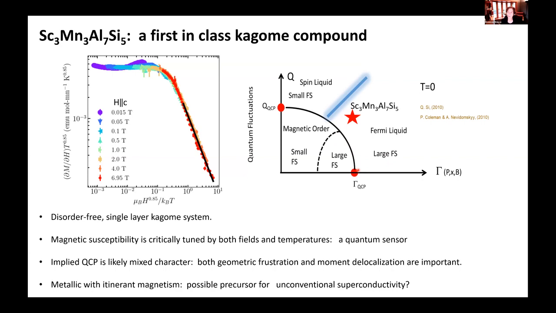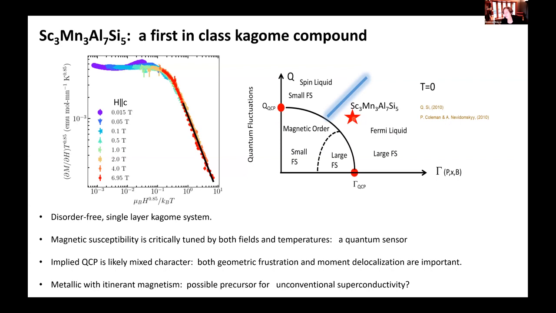We also know that this material forms on a geometrically frustrated lattice. We have to believe that that plays some role in introducing quantum fluctuations. And so we also know that we have to be somewhere up the vertical axis. And so that is how we place this material. You can see that there is this blurry line here. And this is meant to represent a crossover between a highly correlated Fermi liquid state and the true quantum spin liquid.